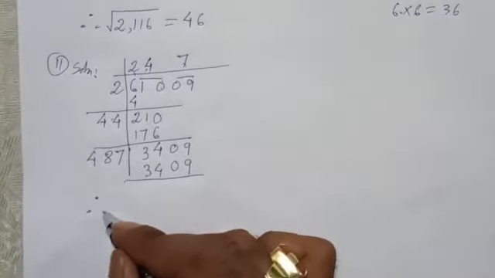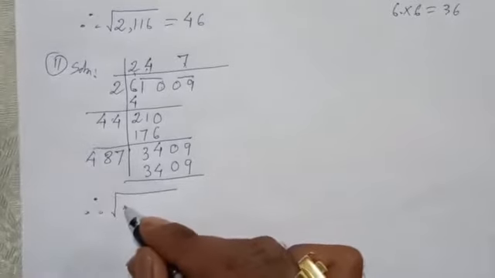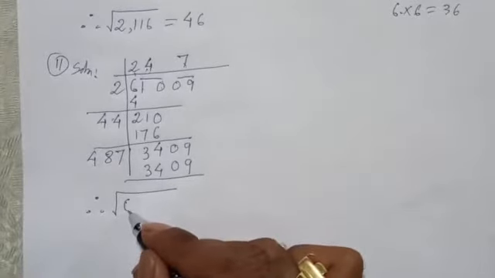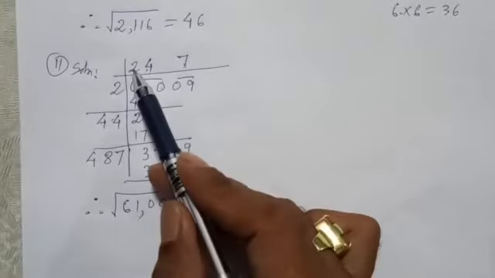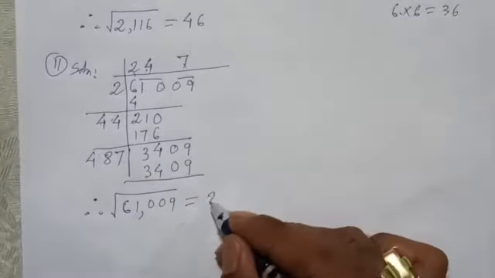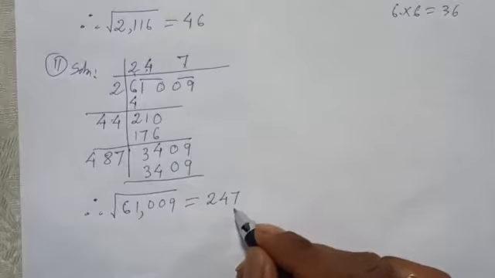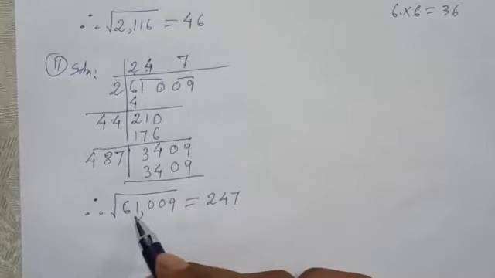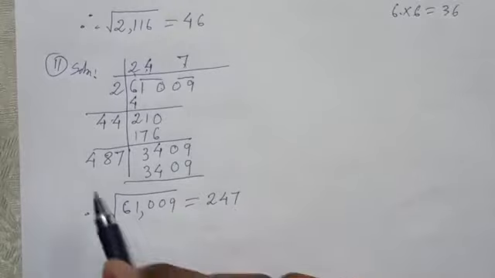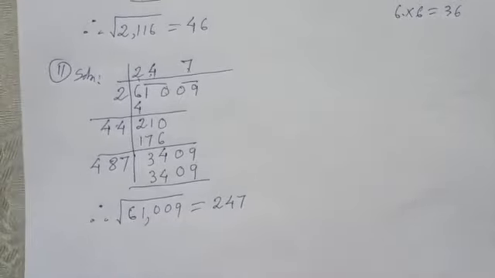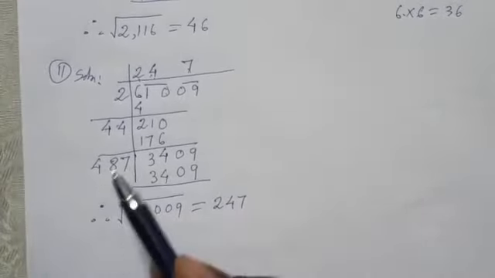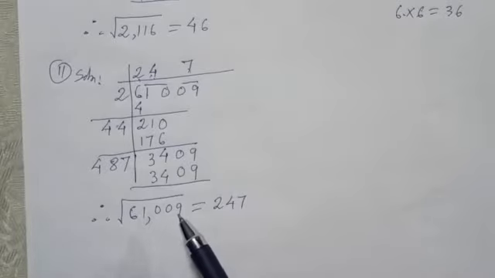So therefore, square root of 61,009 is equal to 247. This is the square root of 61,009. And this method is called division method to find out square root. Okay. I hope that you can understand that. Now next,